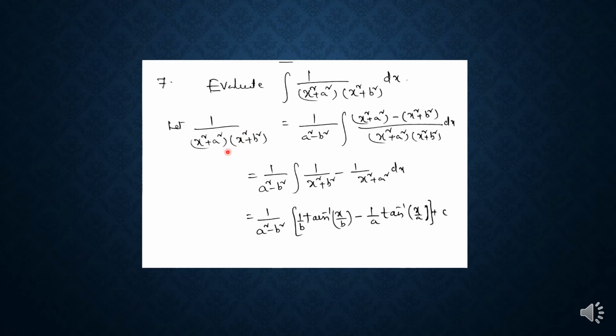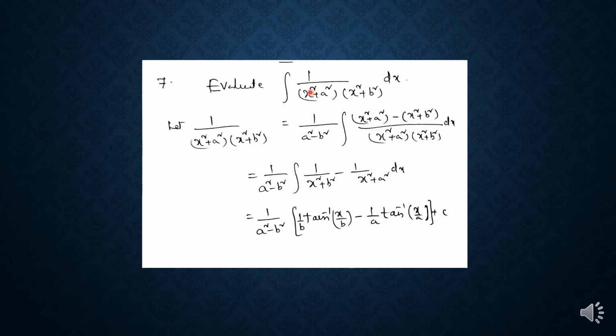So we can write this in manual form also by using this trick. That is, 1 by this can be written as: here we have two factors, x square plus a square and x square plus b square. By using these two factors in the numerator we will get 1. So how will we get it? See here, x square plus a square minus x square plus b square. I have taken these two factors and subtracted. Then we will get a square minus b square.